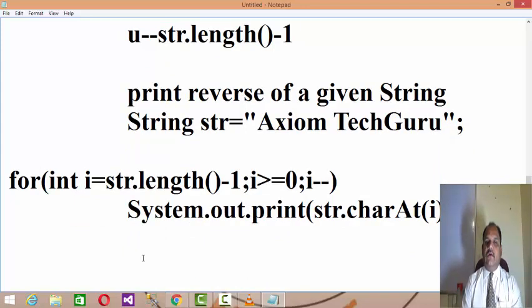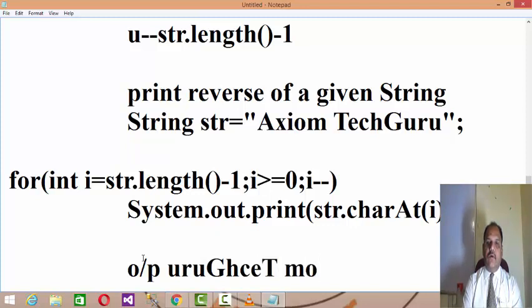This loop sets the position from the last character to the first character in reverse order, and if you print character by character without going to a new line, you will get the final output U R U G H C E T M O I X A, exactly the reverse of the string "axiom take guru".